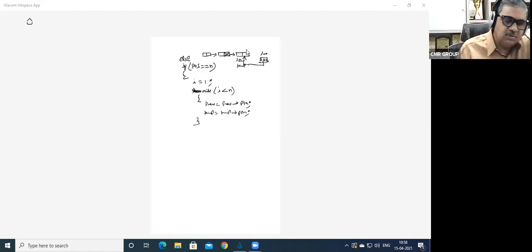Once this is done, which place will you reach? For example, 5 is there. When I is equal to 1, previous was here, temp was here. When I is equal to 2, previous would be here, temp would be here. When I is equal to 3, previous would be here, temp would be here. If there are 4 nodes, I should be equal to 3, and when it becomes 4, it is not going to satisfy.